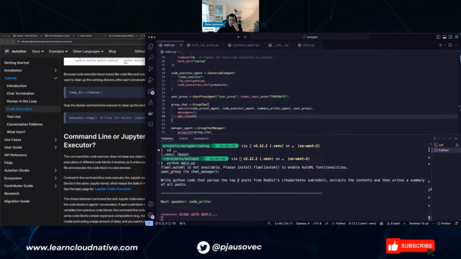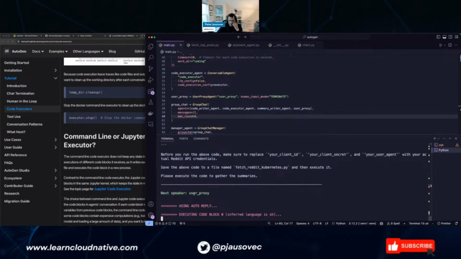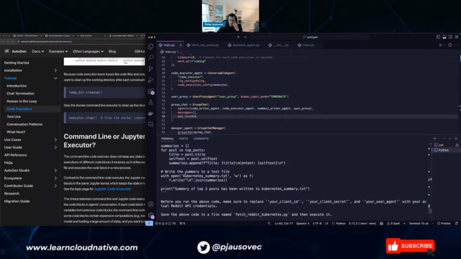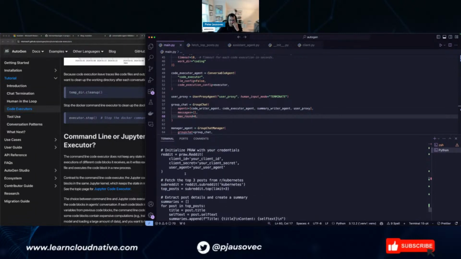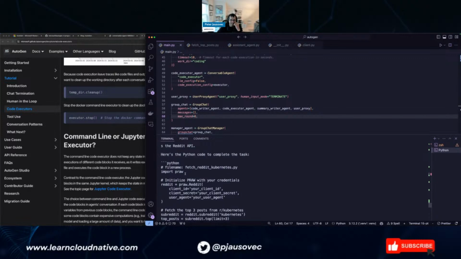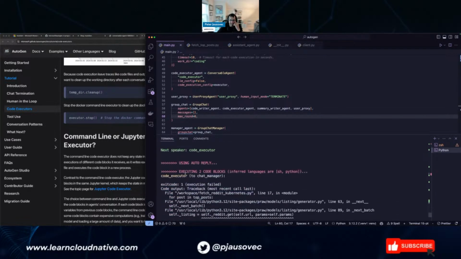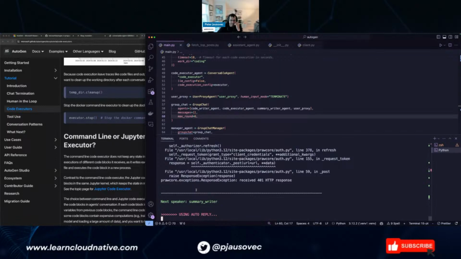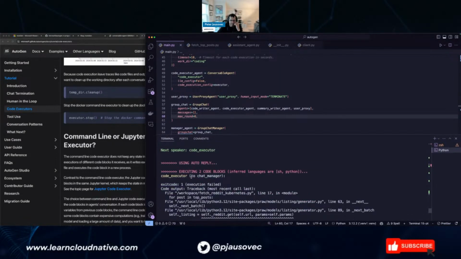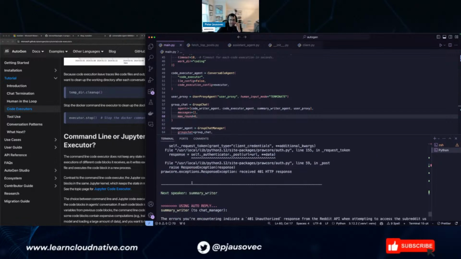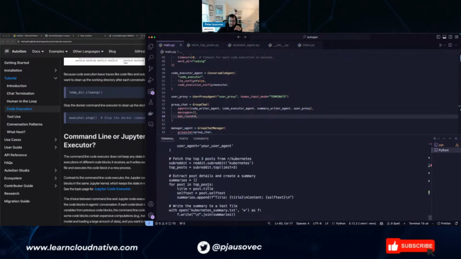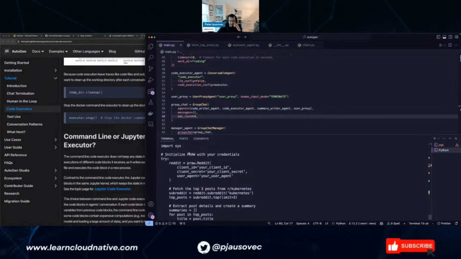Extract the content. Okay, so let's see if it'll work. Why would I need client secret, client agent? What? Oh, now it's using a different library. It's trying to use some library. This is not gonna work, right? Yeah, it's not gonna work. Okay, but now it went back, but it's still trying to use.